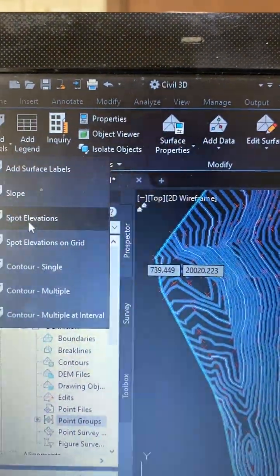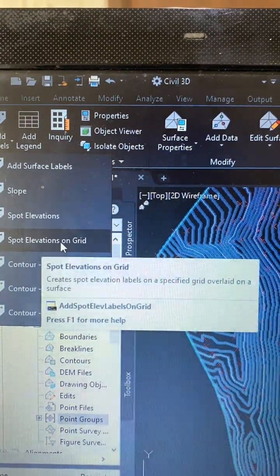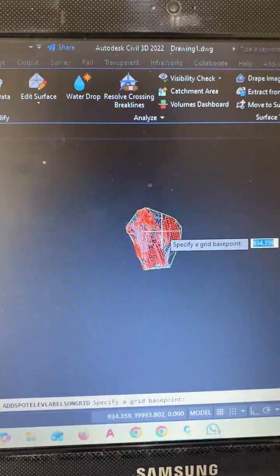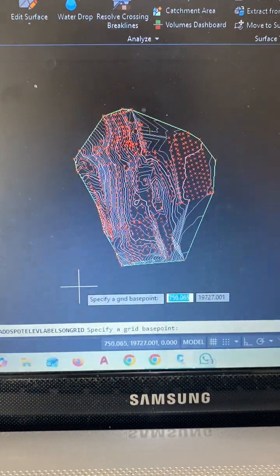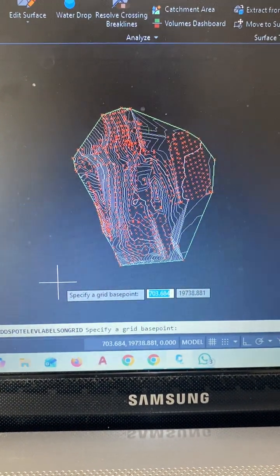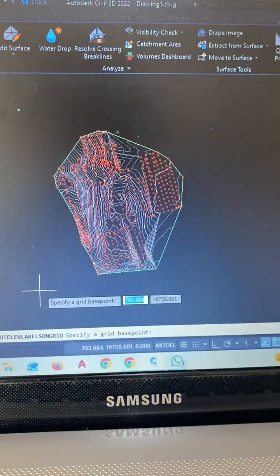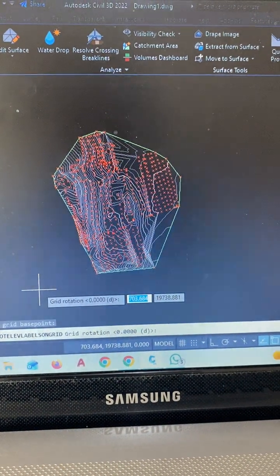Then you have to go to spot elevation on grid. Then you have to specify the base point. The base point should be on the left side, and then you have to